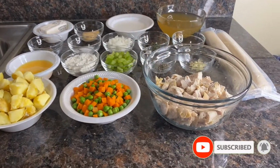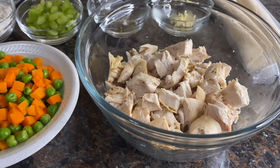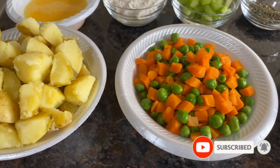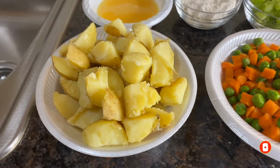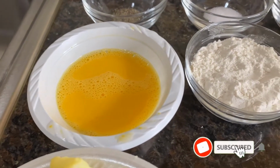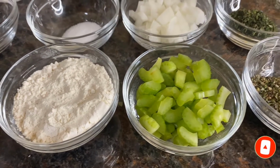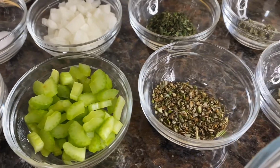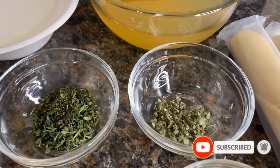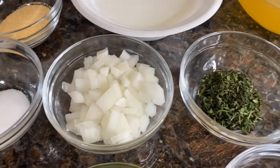Now, I've already measured everything out, and here I have measured 2 cups of chopped rotisserie chicken, breast only, 1 cup of frozen peas and carrots, 2 cups of cooked baby potatoes, egg wash, 1 egg to 1 tablespoon of room temperature water, 1/3 cup of all-purpose flour, a 1/2 cup of diced celery, 1 teaspoon of finely chopped rosemary, 2 garlic cloves, finely minced, a 1/2 teaspoon of sage, 1 teaspoon of chopped thyme, 1/3 cup of diced onion,